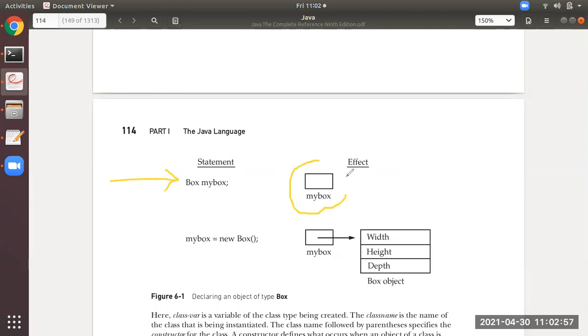Only an object is declared. That is the effect. But when it is allocated, how is it allocated? With the help of the new operator. So what actually is happening? Mybox will be allocated to this Box object. I hope you all have understood this.